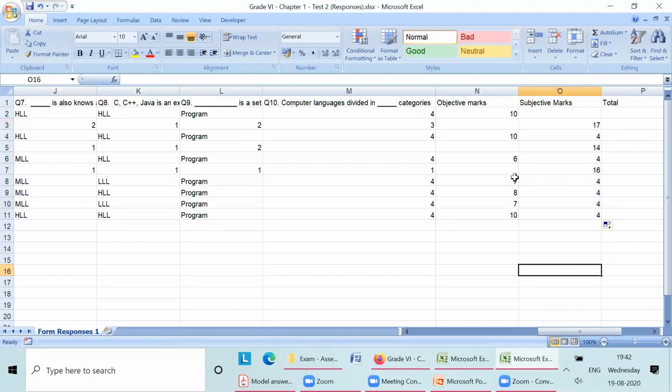You can see for the 3 students, I got the marks 17, 14, 16. Don't consider these marks because these are the marks of objective. So that we have already done.